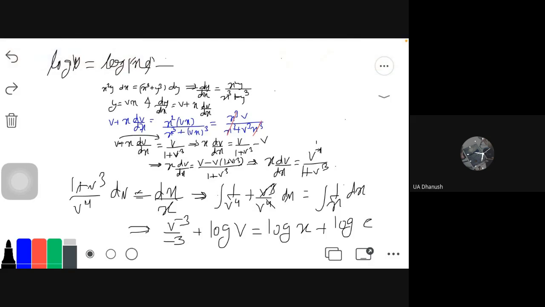And this is minus, there it will go, so it will become plus 1 upon 3v cube, which can further be written as, we will have to resubstitute the value of v. So your y is equal to vx, so v will be y upon x. So when we resubstitute the values, I'll get log of